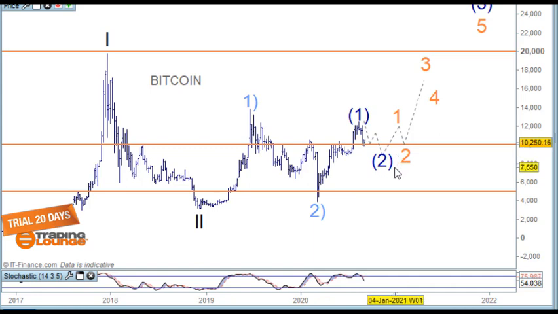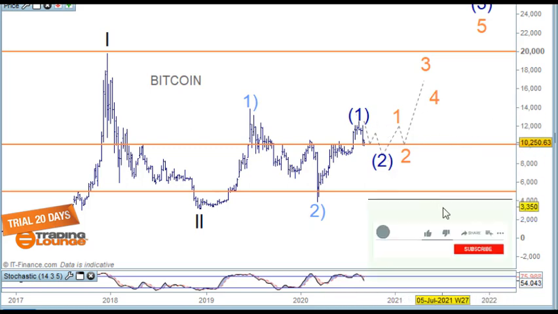Now, I also need to point out that this particular pattern through here can still be just a little blip on the radar, in that the move up here can be an A wave down here, then a smaller A, smaller B, and a C wave here, and then we come all the way down through this area, and then we go up, so like a big C wave coming down through here. So we need to be careful that we don't get trapped in that, and that's pretty easy to do,